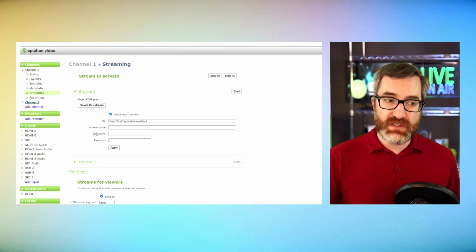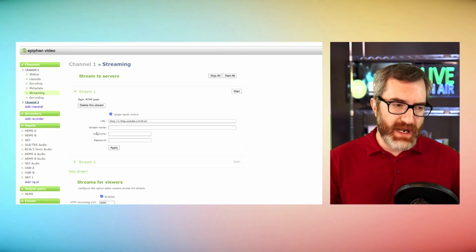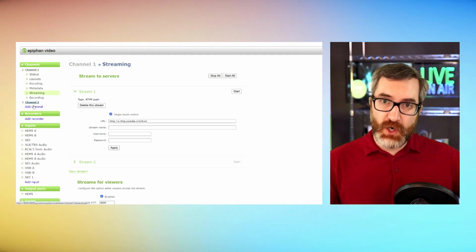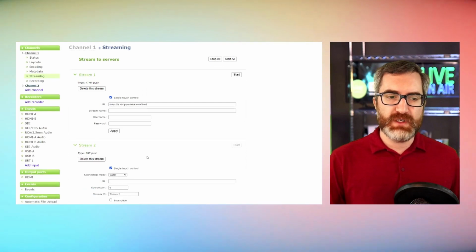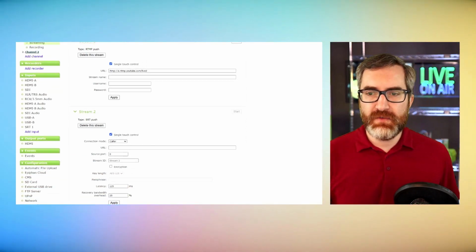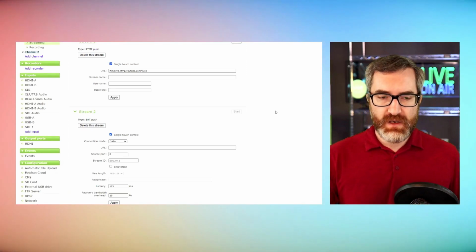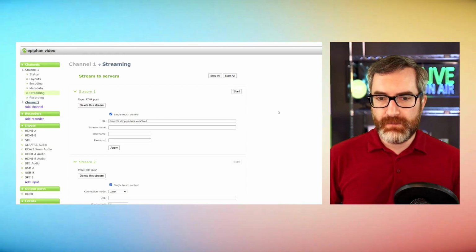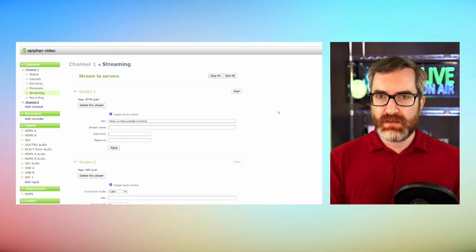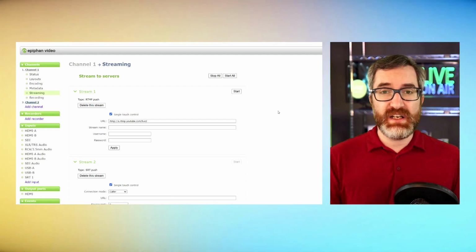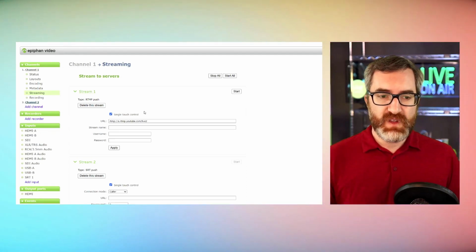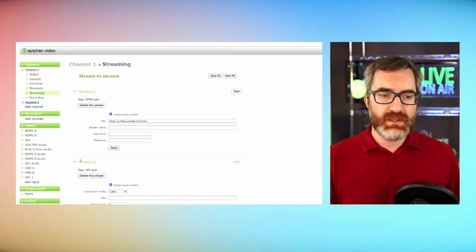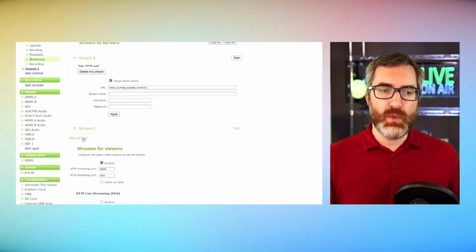Now, this is where I come back to what I said earlier for Alex, that we can think about outputs in different ways. We can think about outputs as separate encodes, but we can also think about outputs as separate streams of the same content. So within this encoding channel, I have it set for 1080p, 30 frames per second at 6 megabit. If I want that same content to be streamed to multiple destinations at the same time, let's say YouTube and Facebook, pretty popular scenario, I can create multiple streaming destinations within this one encoder,